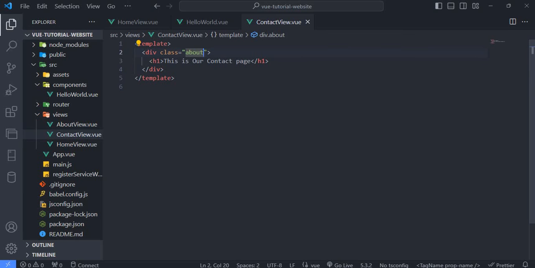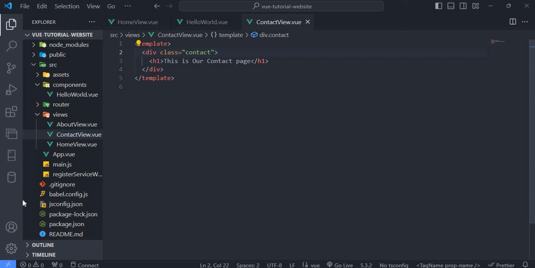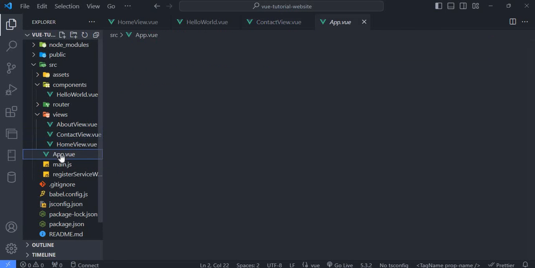And let me just give it a class of contact. If I should go here, right, we're not seeing that route, so it needs to be added. We're not seeing where we can click to go to that particular view, so we need to create that. So I'm going to go to my app.vue file,